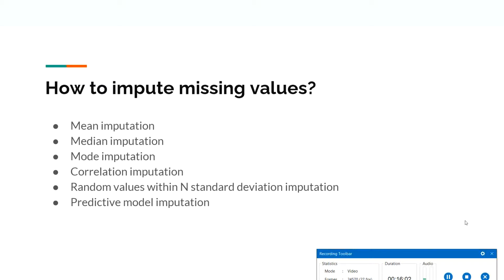Alright, let us come on to the next approach, which is random values within n standard deviation imputation. Well, what we exactly do is, instead of filling the missing values on a continuous column or continuous data with a mean, median, mode, we try to generate random numbers within n standard deviation, or n can be anything. You can study your data or get some information from your business to understand n, but otherwise widely you can think of 2 standard deviation, right. Within 2 standard deviation from mean, you can go ahead and generate random values